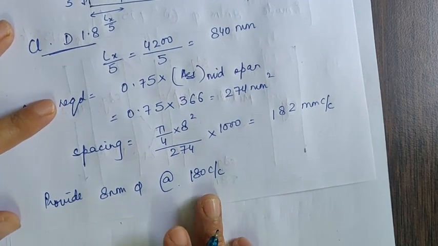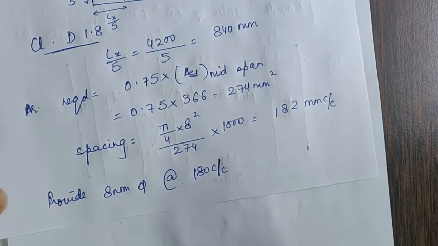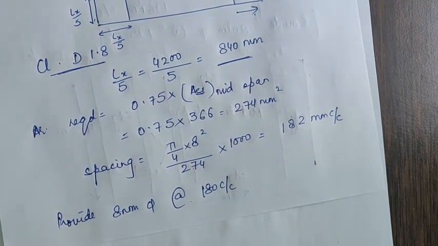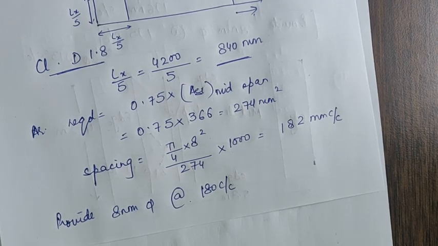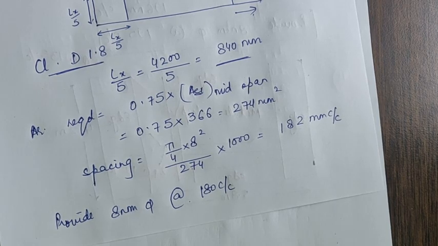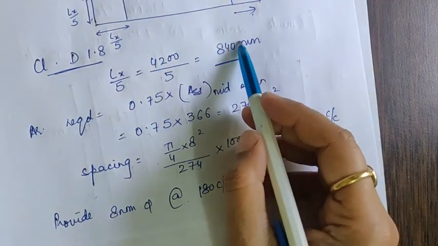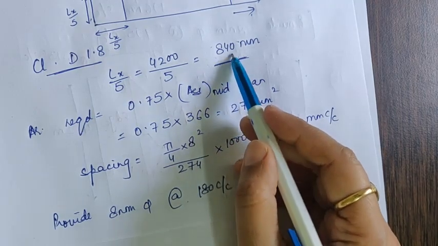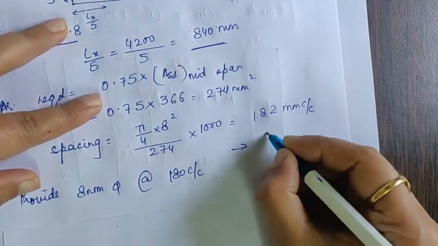Now instead of saying that it is to be provided at 180 center to center, we will just go in for the number of bars. See, this is to be provided for a length of 840 millimeters. If I am going in for 4 bars, it will be 180 into 4 bars. The distance covered will be only 720 millimeters. If let us say I am going in for 5 bars, it will be 180 into 5. The distance covered will be 900. So instead of 840 millimeters, we will cover a little bit higher distance of, let us say, 900 millimeters. So we will be providing 5 bars